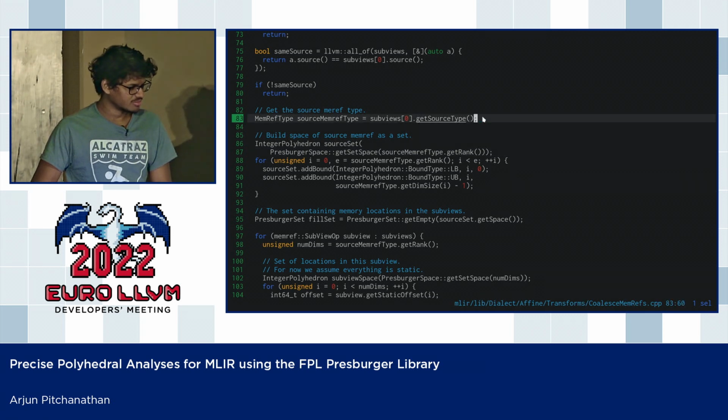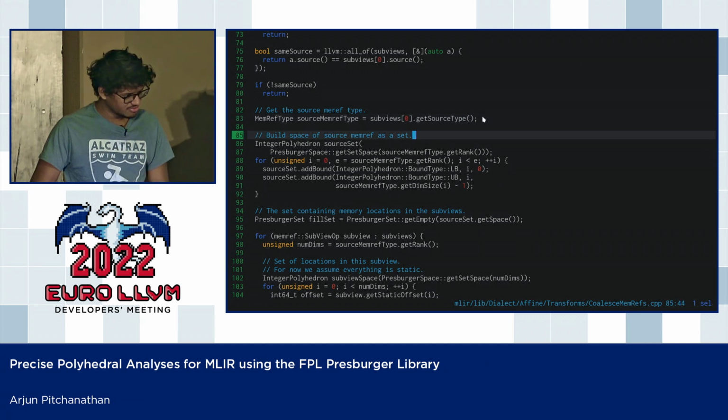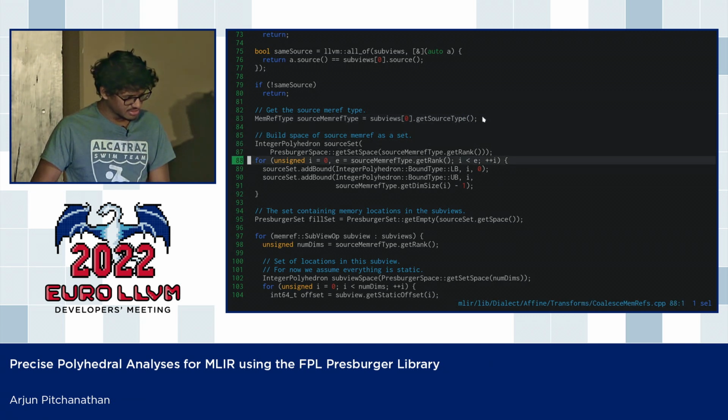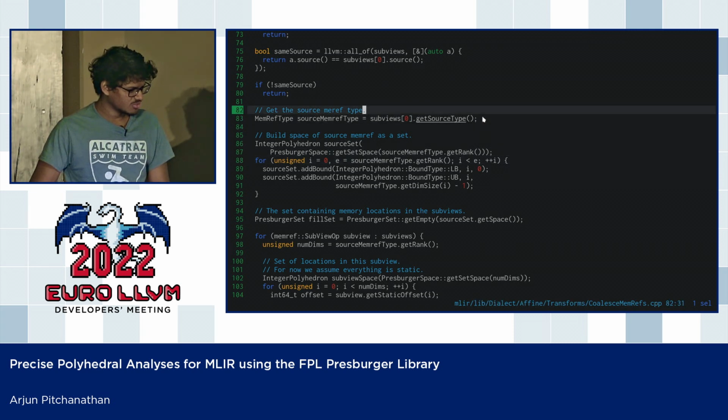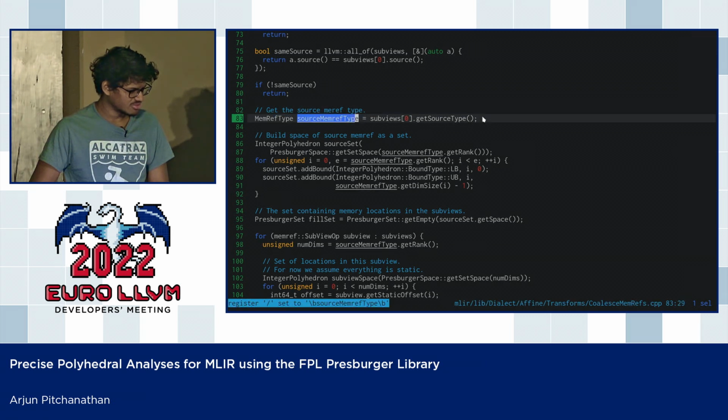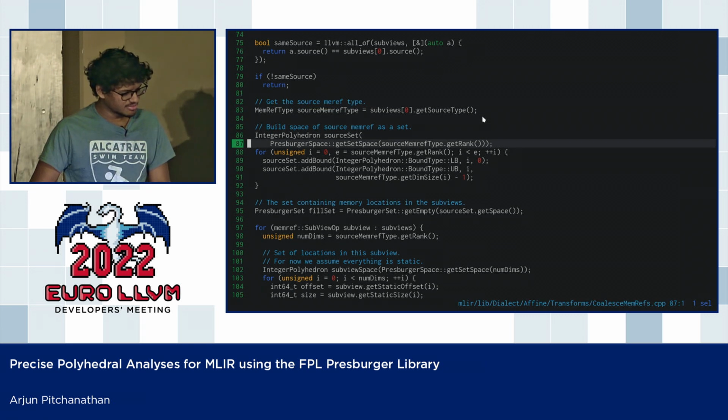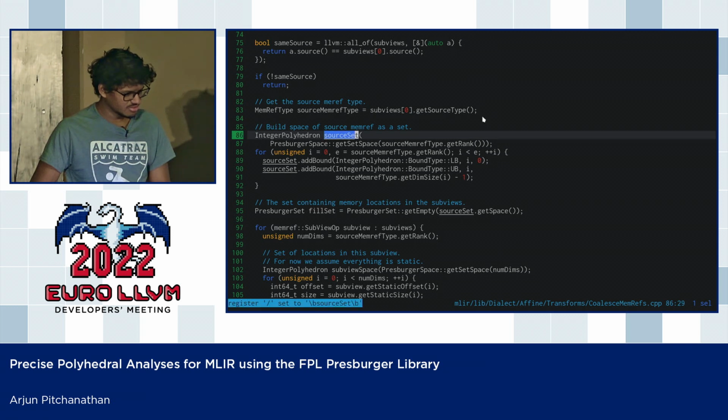So we need to first create a set that corresponds to the source memref. In this case, we extract the source memref type, and then we can get the rank of the source memref,